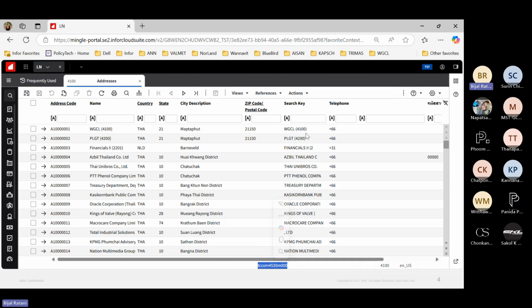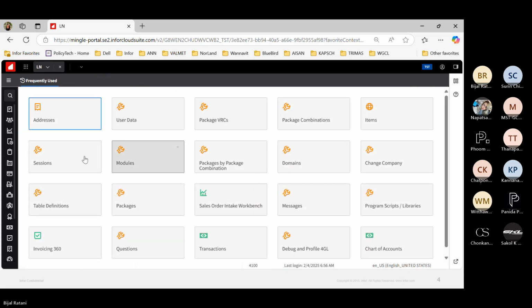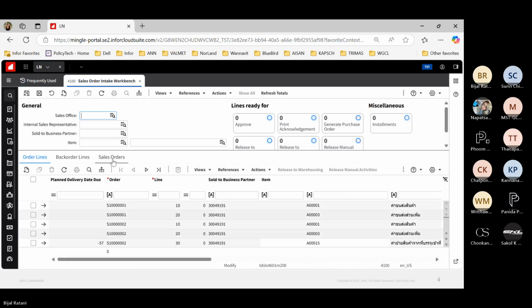And you can perform UI related activity like enabling a certain field or disabling a certain field. For example, if I am in sales order and I have an item code, let me open sales order. These are my frequently used tabs. Here, I have just opened sales order. I did not go to the menu. So if you see under sales order,